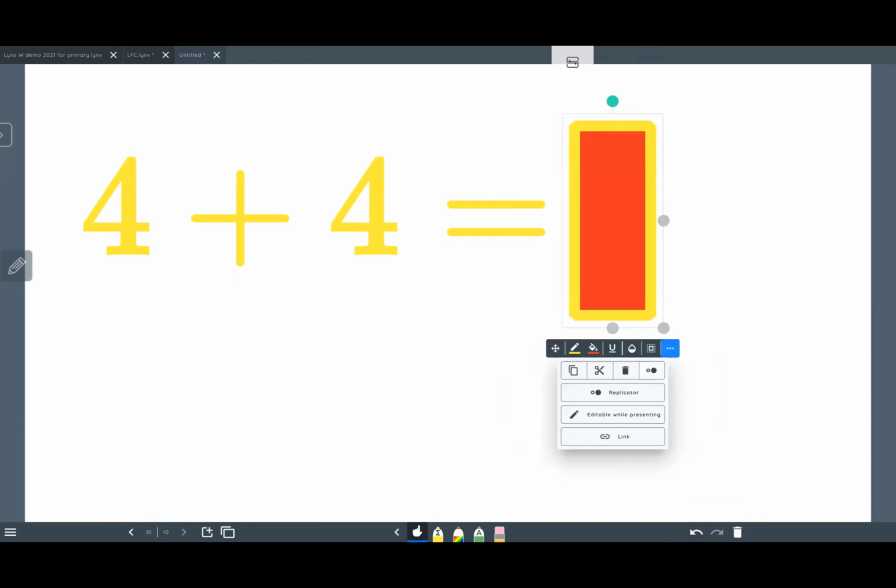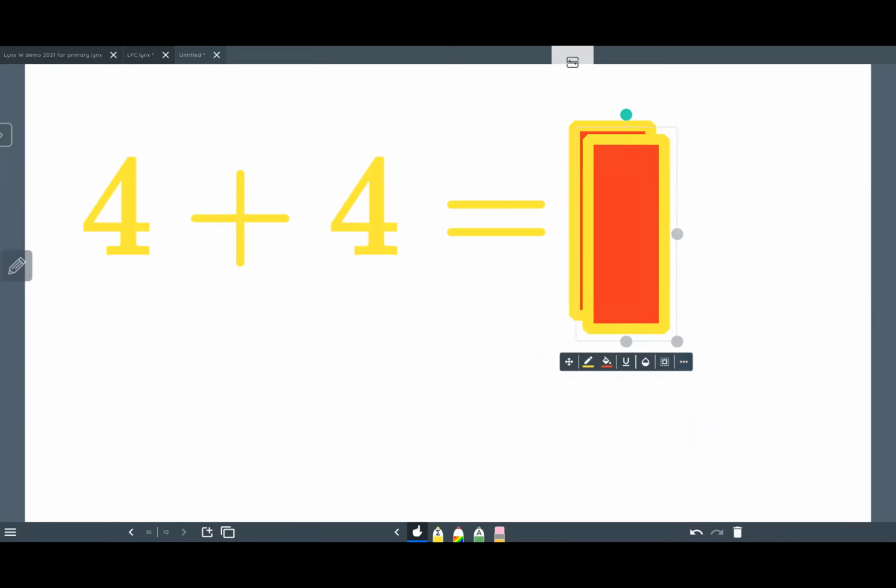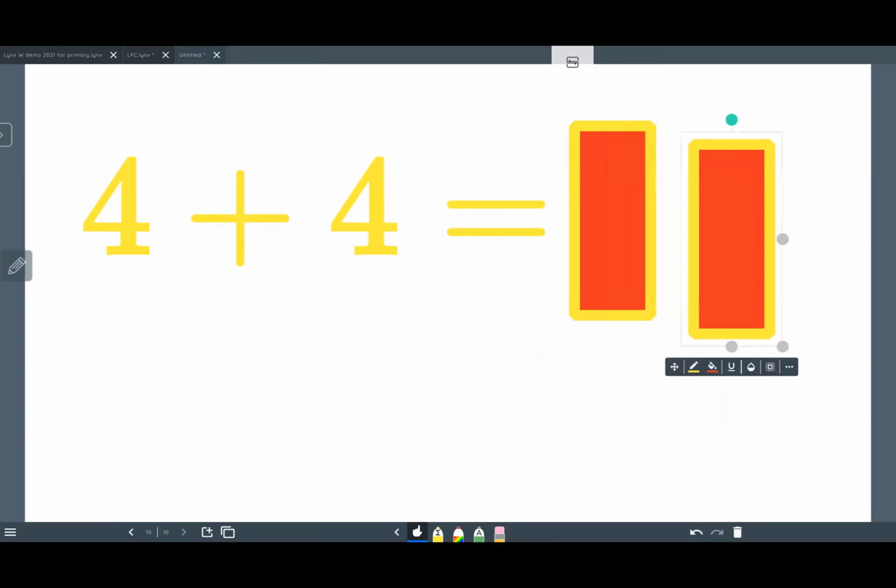And we also have the option to delete an object with the bin. And if I want to just make a replication, then I can just use the two dots at the end there, and that will just create an exact replica. We also have a replicator option, which is an infinite cloner, which will activate when we come into our foreground